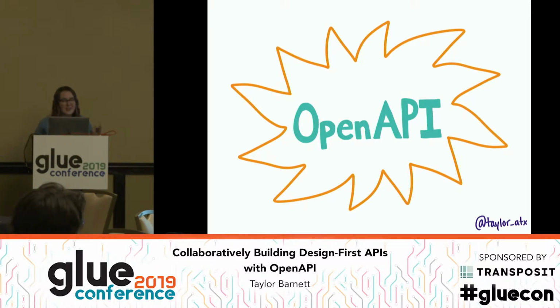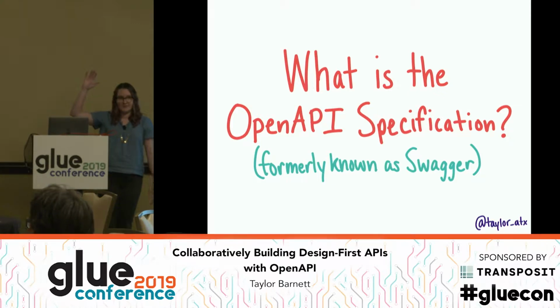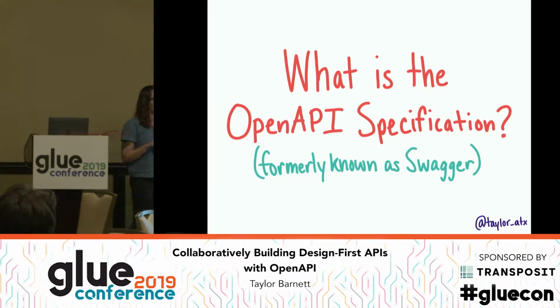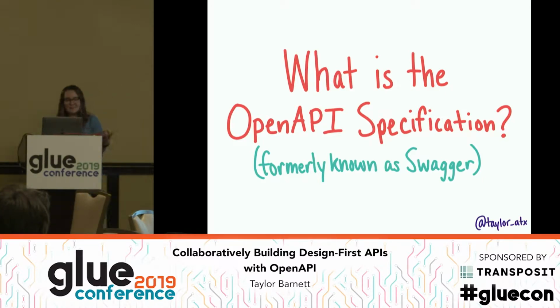Just to get a gauge, and I'm not going to actually call on you to answer this, who feels like you could answer this question of what is OpenAPI or Swagger? Raise your hand. Okay. Who is using it right now in your role? Okay, a couple less hands. Who is using it in your role for something that is different than API reference documentation? Okay, this is a lot less hands, but this is what I usually see.